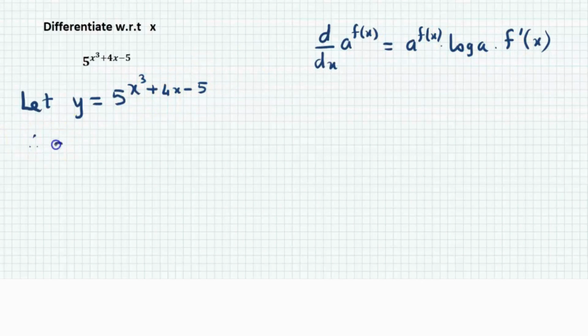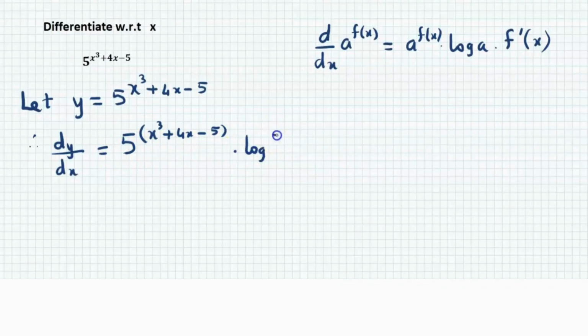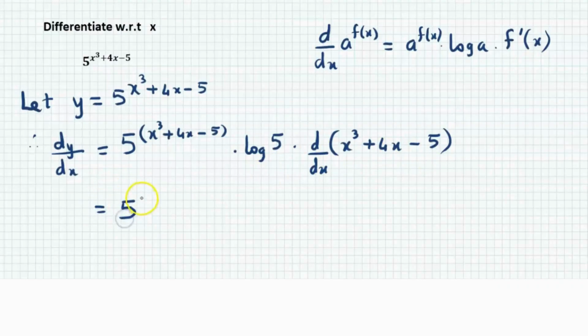Now we differentiate with respect to x and we obtain dy by dx is equal to 5 raised to x cubed plus 4x minus 5, so that is a raised to f(x), into log 5, that is log a, into derivative of f(x), which is x cubed plus 4x minus 5. So proceeding further, we have 5 raised to x cubed plus 4x minus 5 into log 5 into,